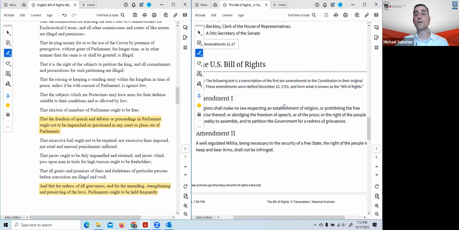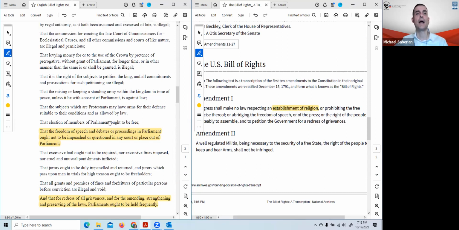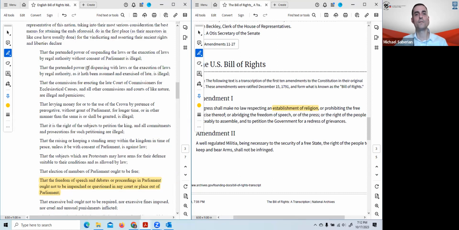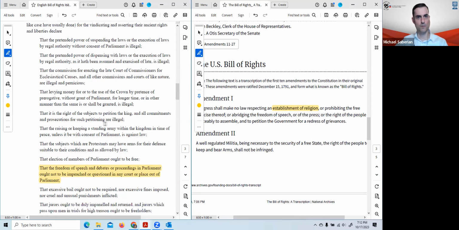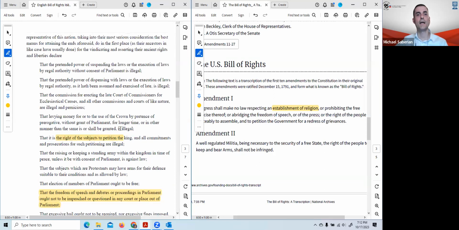Okay, so no law respecting an establishment of religion. Now, the British don't have a freedom of religion per se. However, one of the things that they do have is, where is it? Oh, also that they have a right of petition. Here we go. So they don't have a freedom of speech. They don't have a freedom of religion. But one of the things that they do have